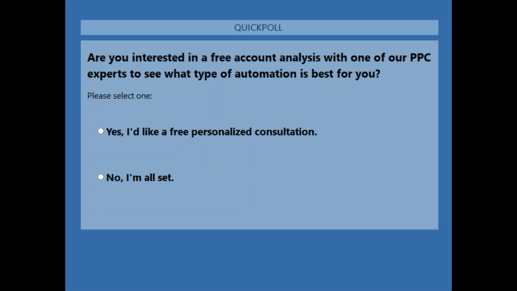Awesome, thank you. So we had another question coming in. When you're talking about switching from automated bidding to manual or vice versa to see what's best for us, how long do you typically recommend that we would try that out? How long is long enough to know if it fails or if it's successful?